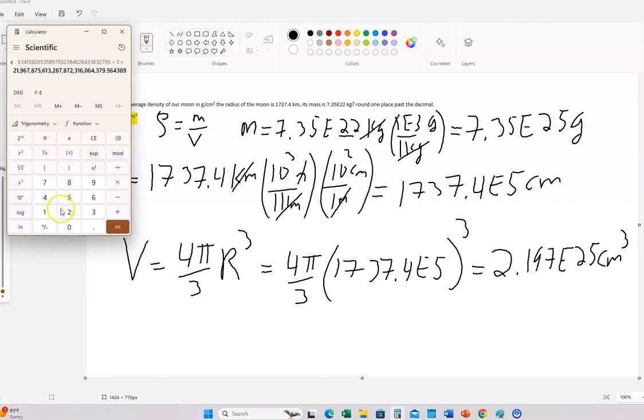At any rate, so what I'm going to do is I'm storing the volume. So see, that's stored right now. Watch it when I hit recall. There it is. And what I'm going to do is just type in divided by